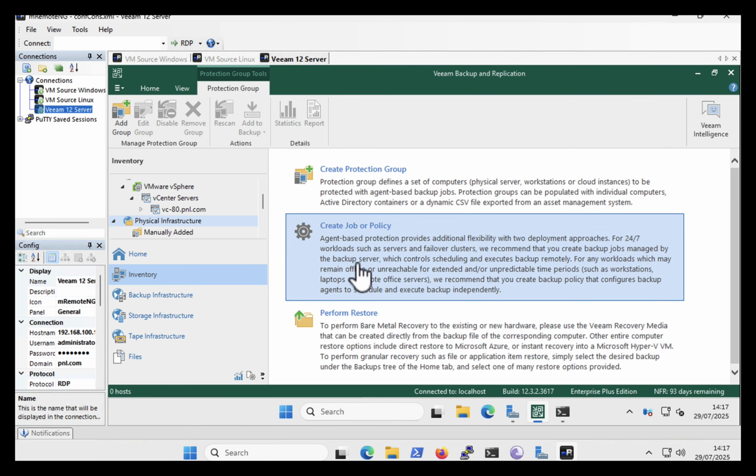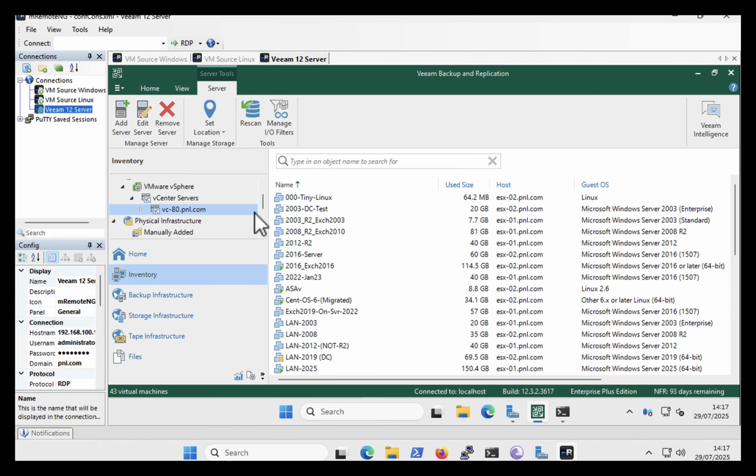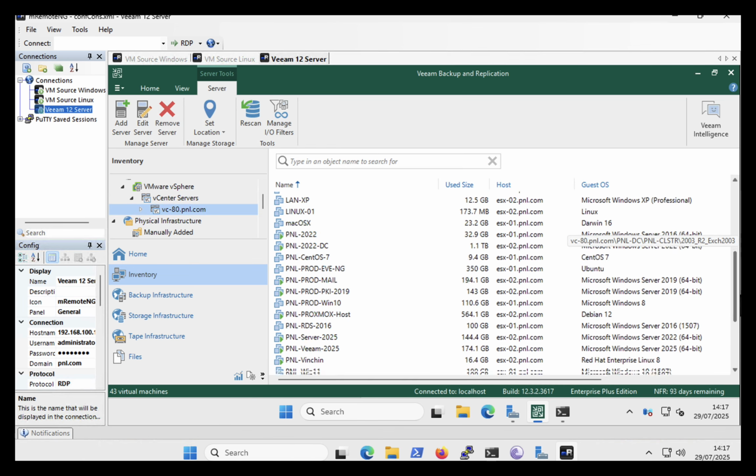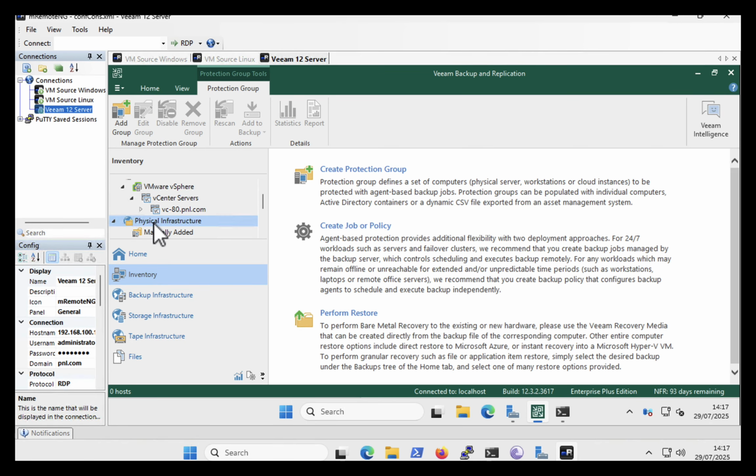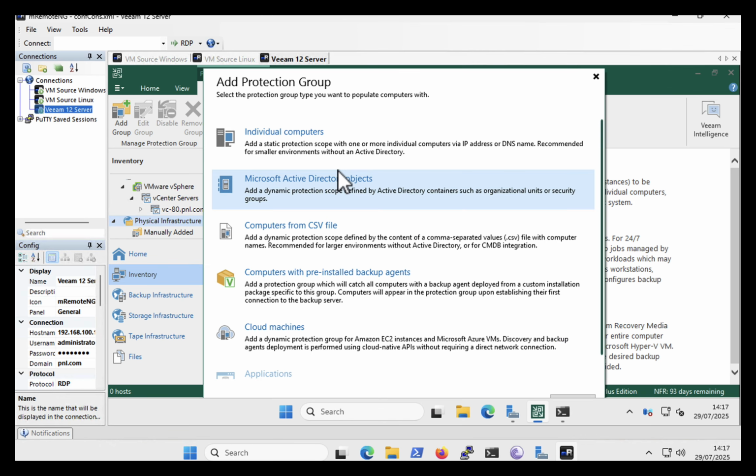So here's my Veeam server. It's running version 12, and it's already set up and connected to my vCenter server, so I can see all my VMware environment, all the VMs that are running on it. So to migrate to this hypervisor, I'm going to put an agent